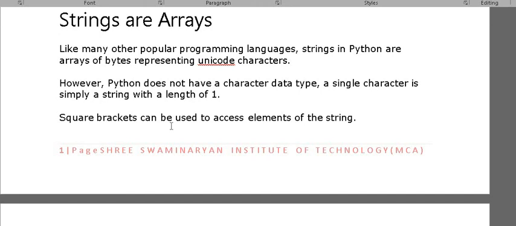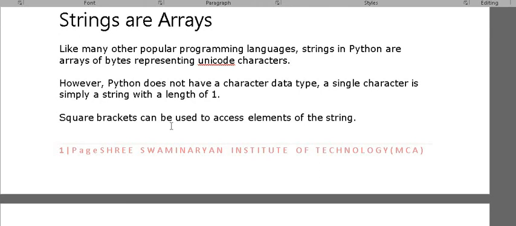But suppose I declare the string equal to, in double quotes, Sri Swaminarayan Institute of Technology, meaning a collection of characters. Those characters are stored in the form of an array. All of you know that an array always starts with 0.